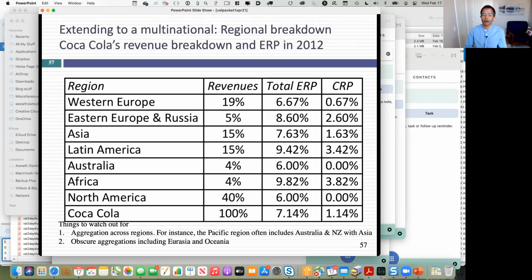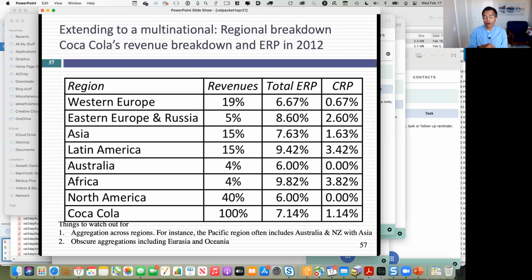When you look at your company and you look at revenue breakdowns, and I'm trying to preempt some of the questions you're going to send me, they seem to give these very broad parts of the world. One of the things that drives me crazy with European companies is often they will take the Middle East, Africa, and Europe and put it all as one group. Why? What possessed you to do this? How do I give you an equity risk premium? But it is what it is.